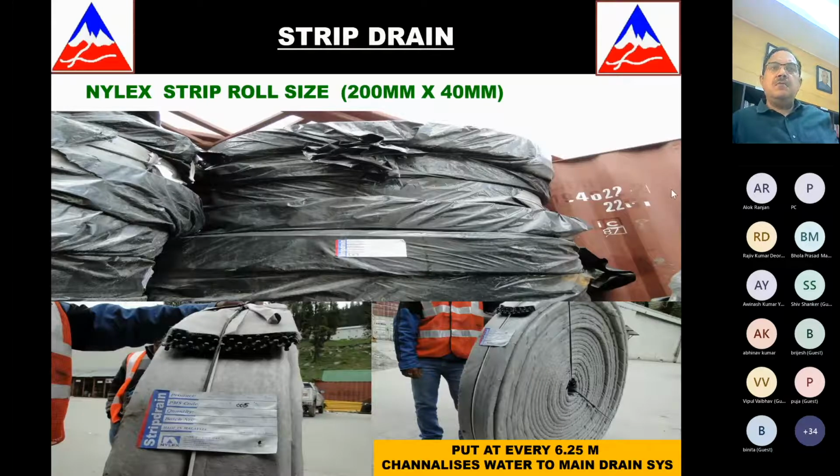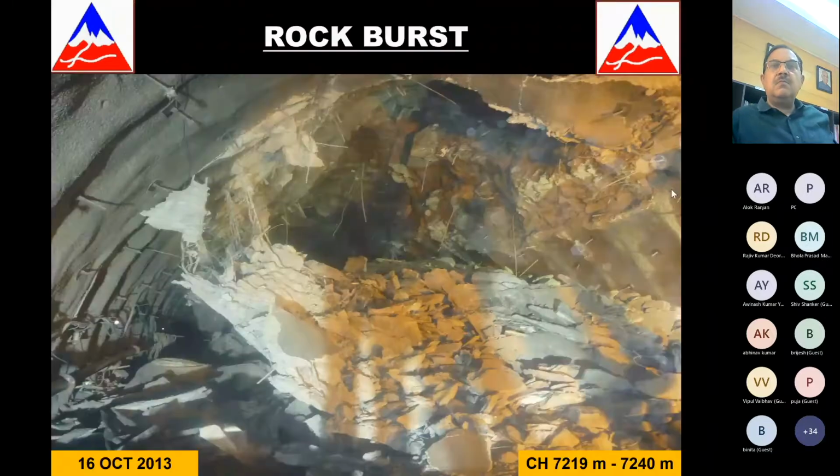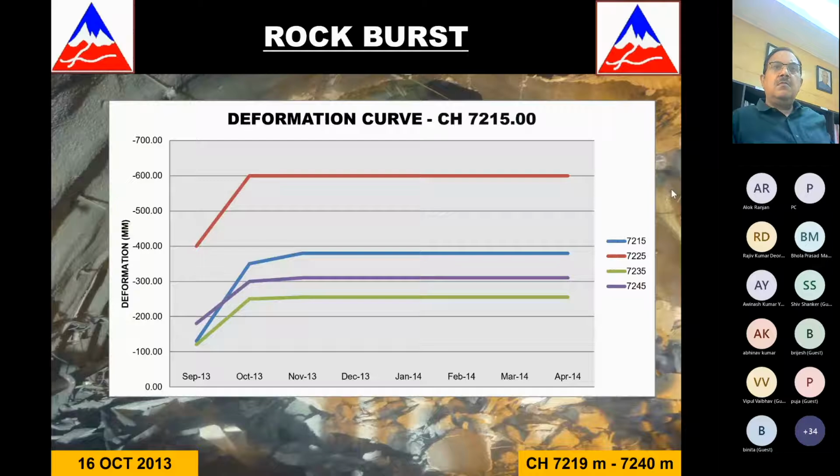Right. Again, North Portal, generally in the winters we could not work because Rotang Pass was closed for 6 months. But the only one event we had was a kind of a rock burst, which was because, as I told you, good rock on that side but very high overburden. And it's not that we could not have seen these deformations on these graphs. Somehow our people on the site were overconfident, they thought it would seize and not break, and we had a rock burst. Thankfully, it was on a lunch break and nobody got hurt.